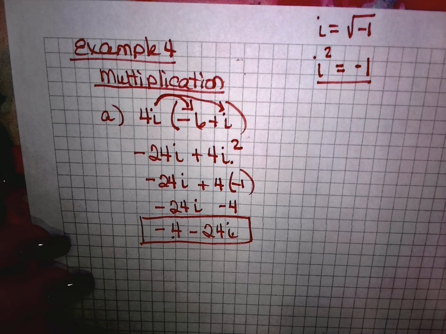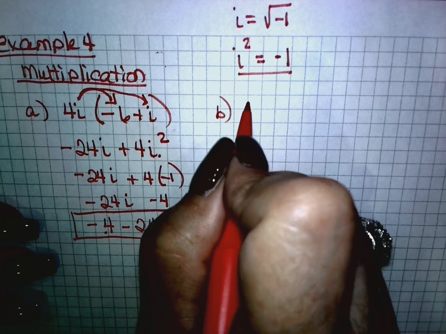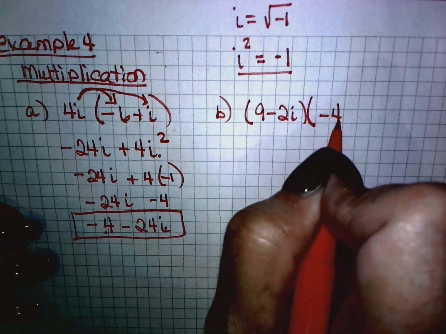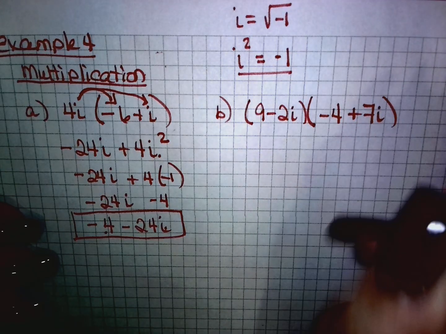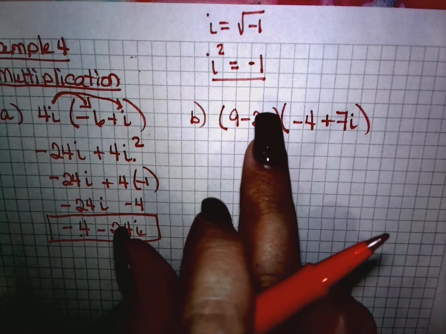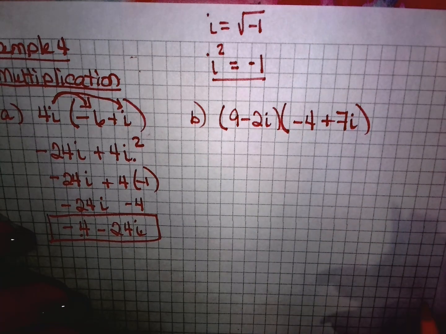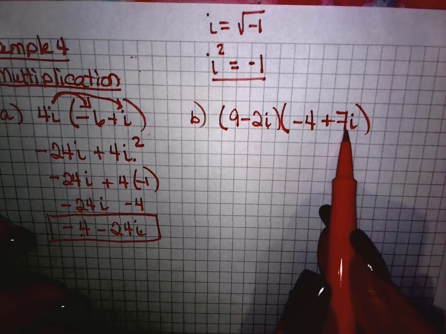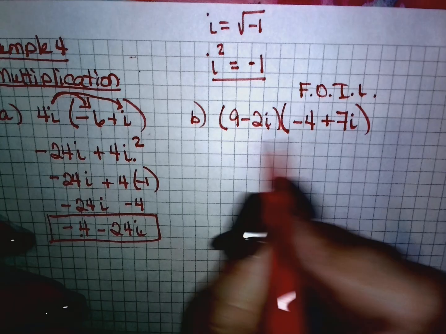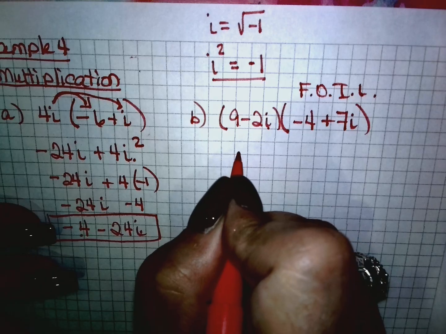Okay, let's take a look at another multiplication one. I think I can fit one over here. We have 9 minus 2i times negative 4 plus 7i. These are two complex numbers. Here you had one complex and one pure imaginary. Here you have two complex numbers that you're multiplying together. And again, we're going to follow the rules of algebra, pretending that this is a variable. We're going to use the FOIL method to multiply these like if they were binomials. Okay? So first is going to be 9 times negative 4. That's negative